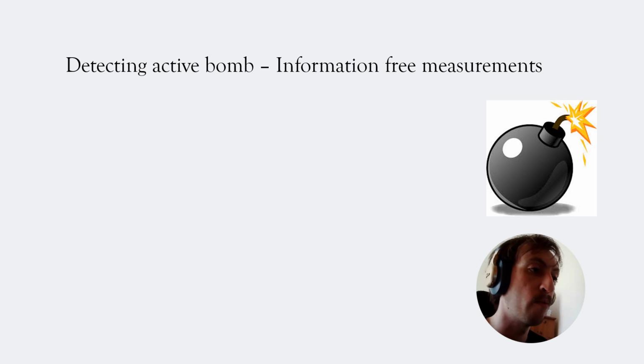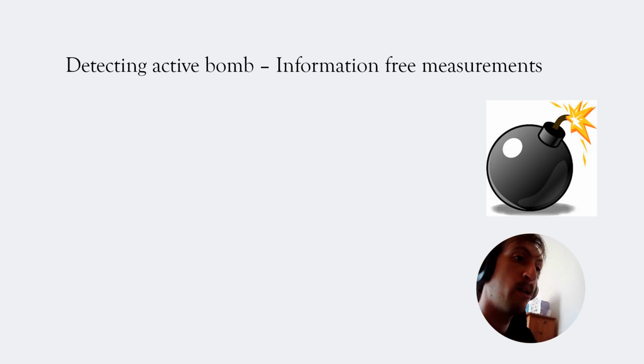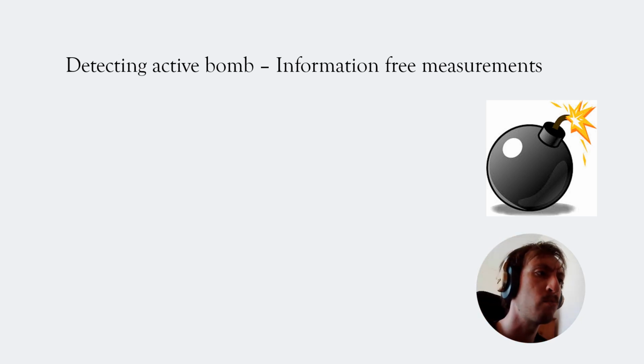So now we're going to talk about a bomb experiment. For this, what we're going to look at is what happens if we place a bomb in our interferometer, and we want to determine: is there an active bomb in our interferometer? And by active I mean if any photon interacts with this bomb it will explode. Our challenge is, can we use quantum mechanics and our interferometer to determine if there is this active bomb in our interferometer using photons